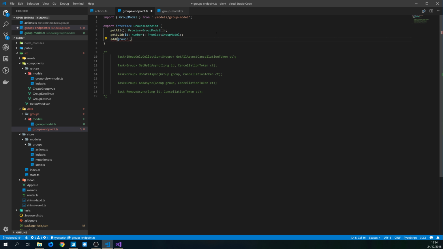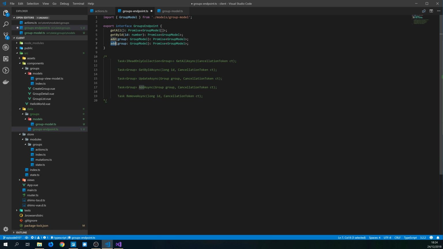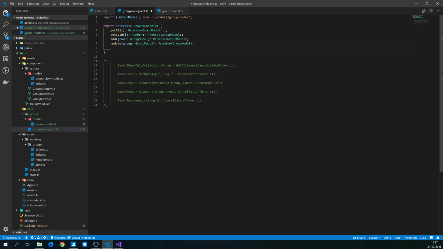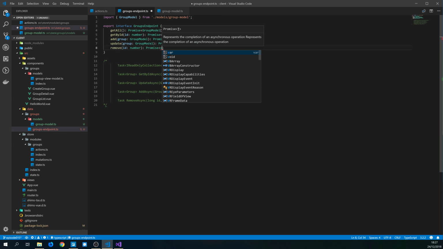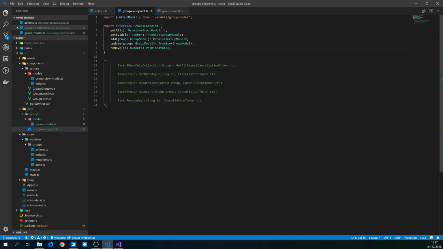Group model, and returns a promise of group model, update, and remove, this of void because we don't have anything to return here. So okay,